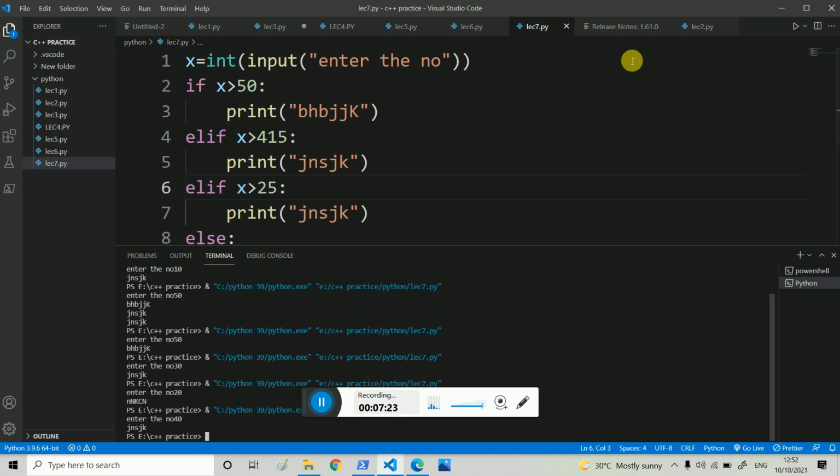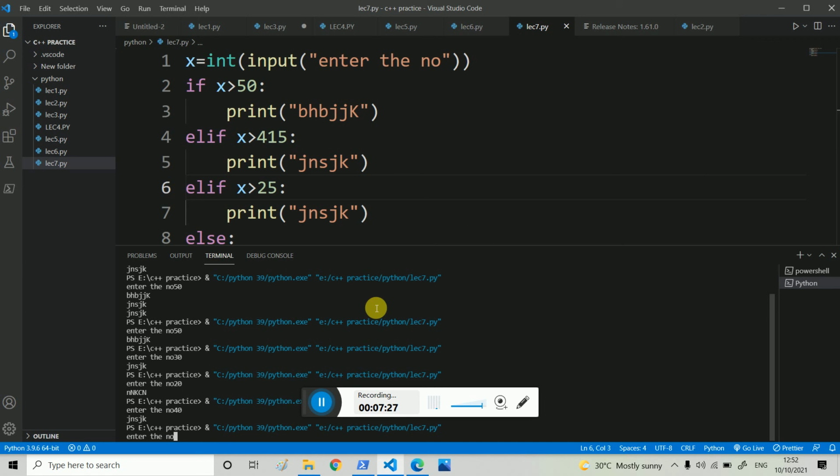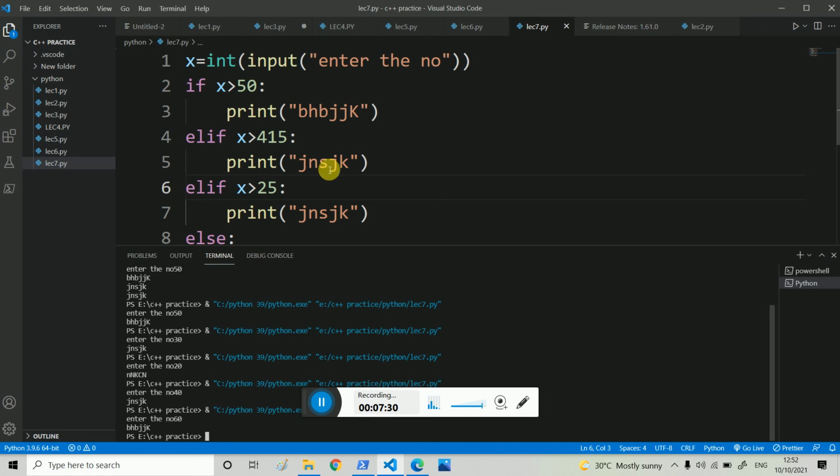Once again I run it and I write 60. So only the first statement will be executed because 60 is greater than 50. The first statement is executed and the program is over.